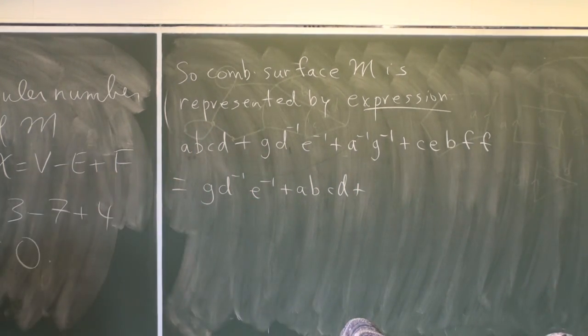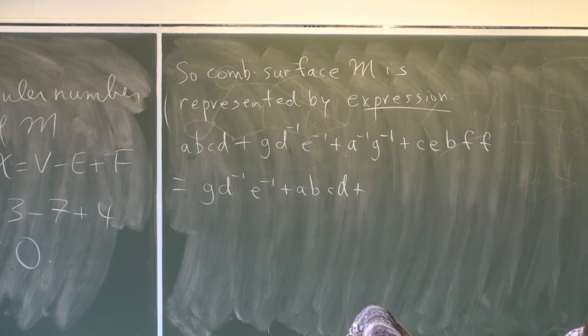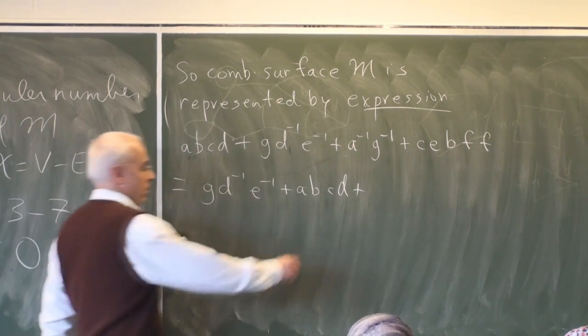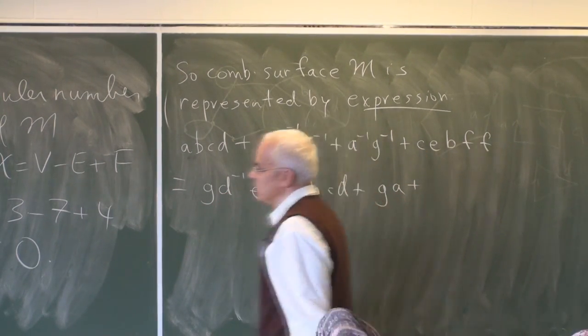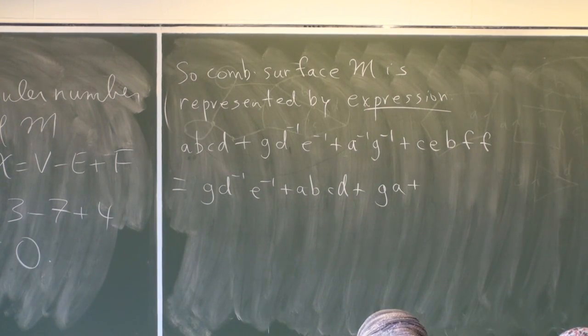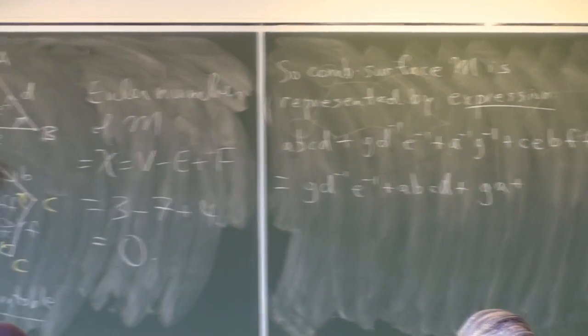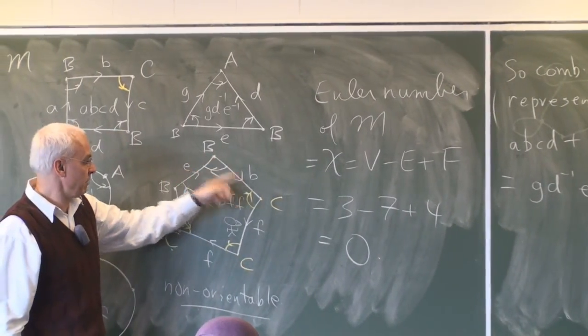But something else that we could do is, instead of going around this way to label things, I could also go around this way. Going around this way would just represent taking the polygon up, flipping it over on the other side. It's not changing its polygonal nature. So what would happen if I went in the other direction? Well, in that case, instead of going this way, I'd be going this way. So I could write G, A. And say with this one here, instead of starting at the edge C, I could have started with the edge E. I could have said, let's write it E, B, F, F, C.